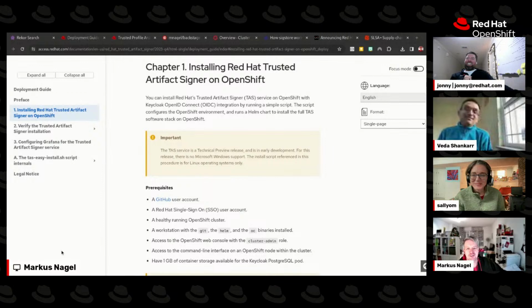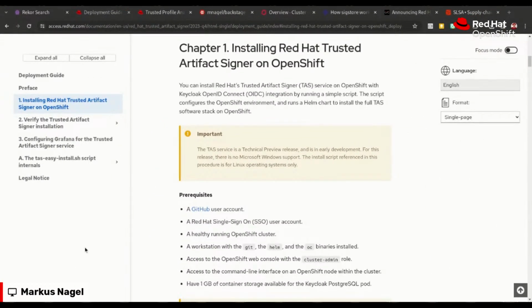All right. I don't want to waste anyone's time, just a quick one here. What I'm showing is this document, this deployment guide, which is also linked from that blog post I mentioned. A quick reminder, we're in tech preview, so we're also relying on your feedback. At the bottom of that blog post is a feedback email address. If you encounter anything that you think could be better or is unexpected, please do send us an email.